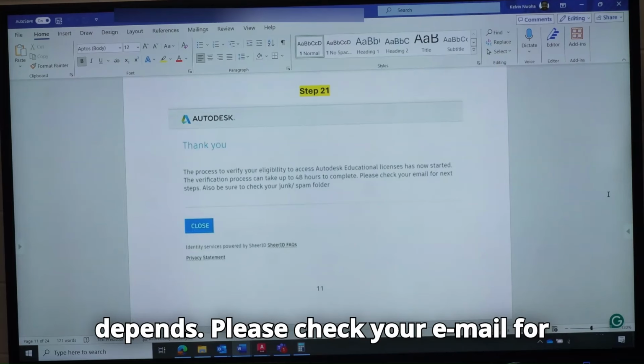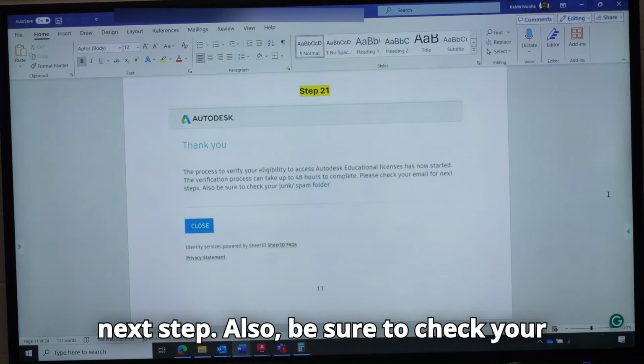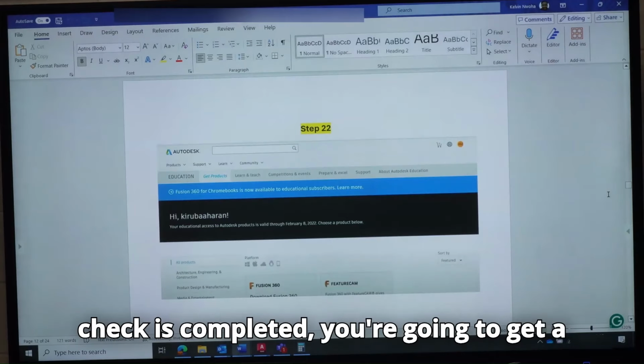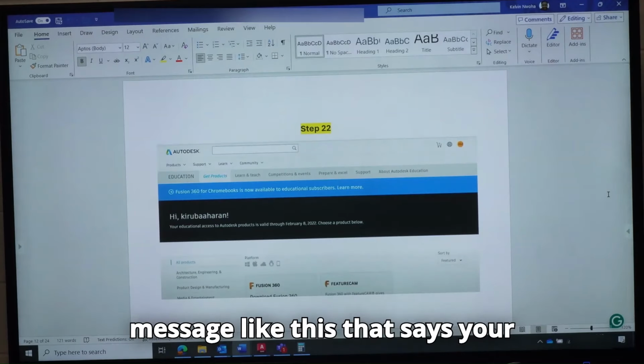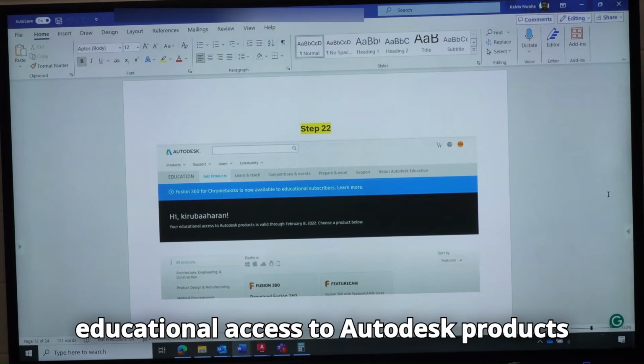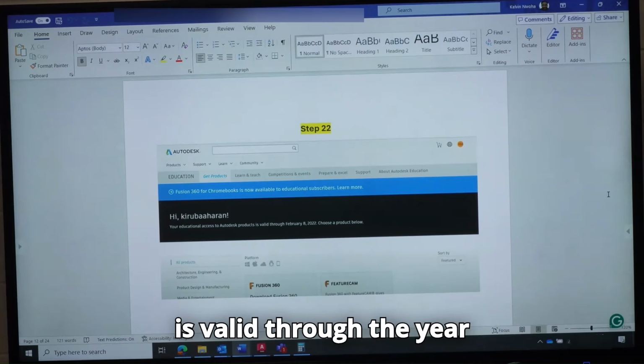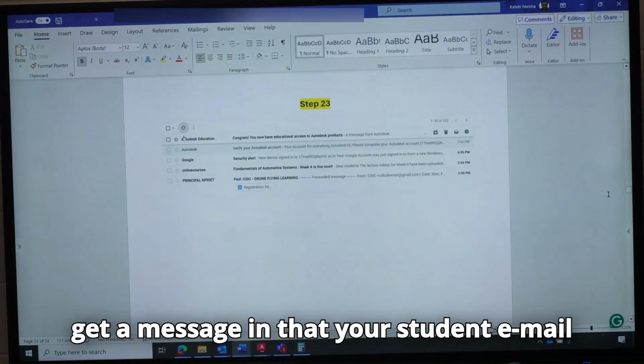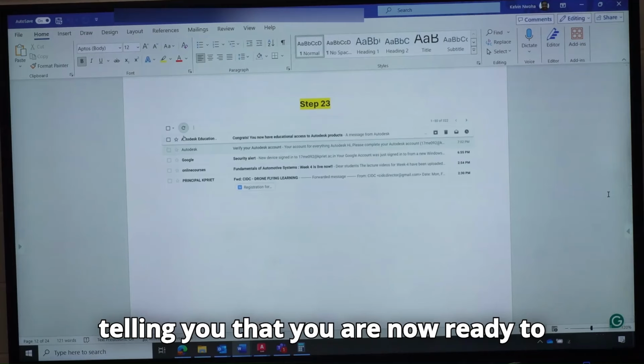Please check your email for the next step. Also, be sure to check your junk and spam folders. When the check is completed, you are going to get a message like this that says your educational access to Autodesk products is valid through the year you specified. And you are going to get a message in your student email telling you that you are now ready